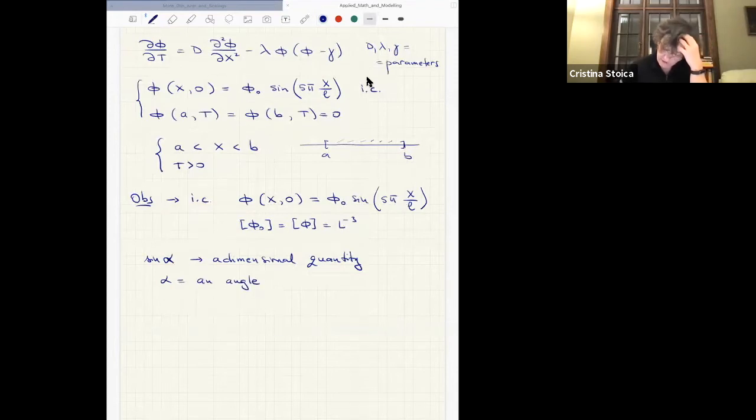Okay. And again, we're going to say that this alpha has no dimension, is adimensional. It has to be adimensional. So why am I saying this? Because when we're writing as a function of x, and in this problem, remember x is a length. So if I would write sine of x with x having the dimension of a length, this is so wrong,